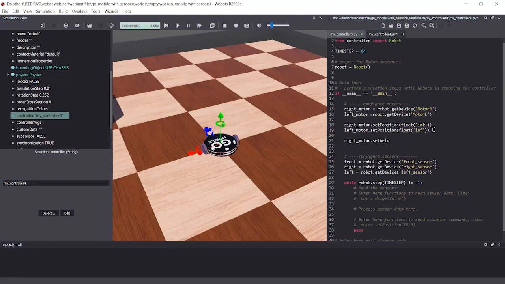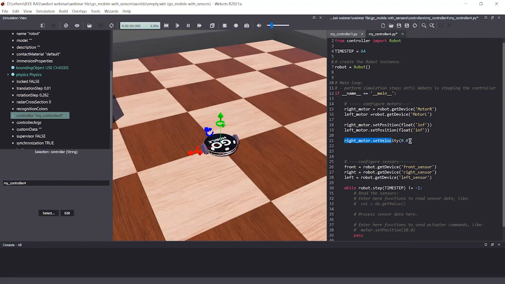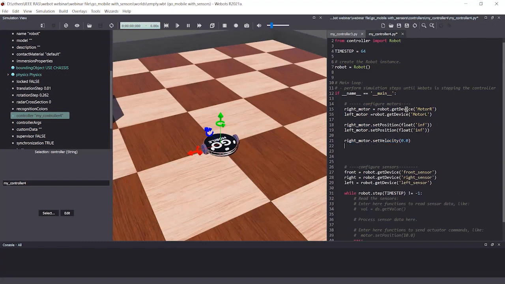It is better if you define these velocities in floating point, which means 0.0, and I'm going to set this as left.